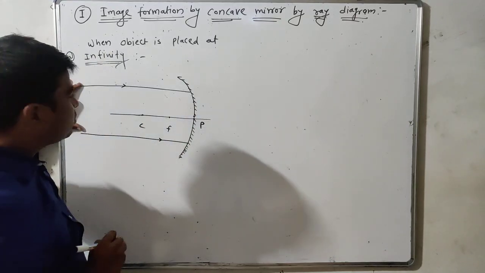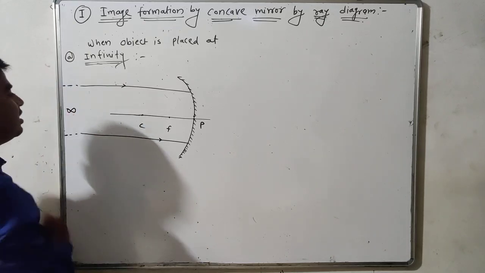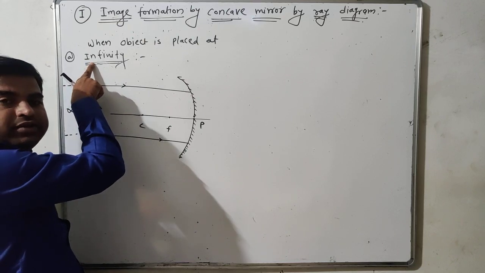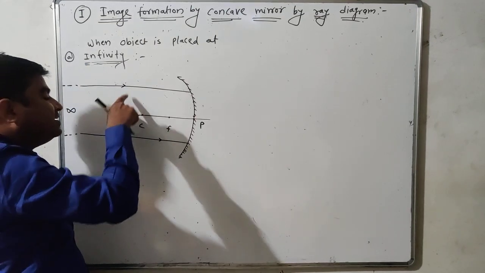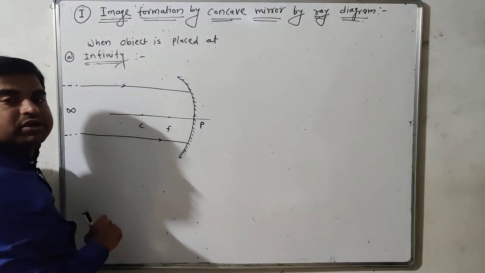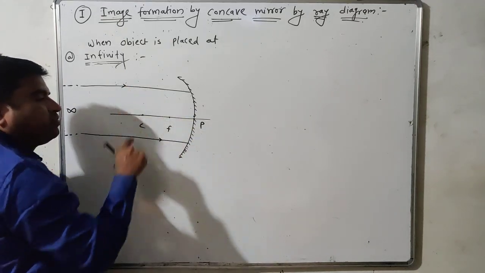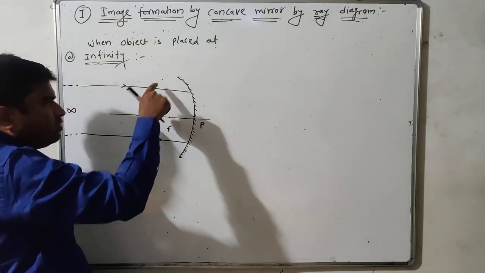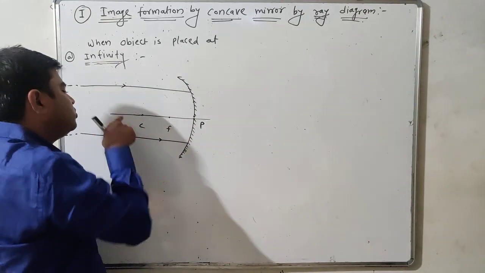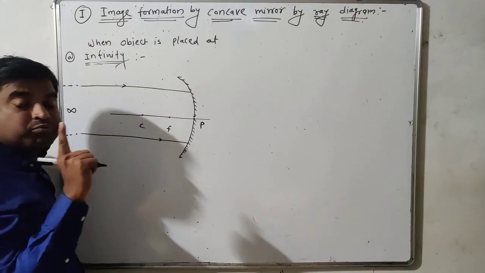So these two rays are emitted by that object which is located at infinity, so that these rays travel an infinite distance to reach this concave spherical mirror, so that they are parallel to each other. And now we also observe here that these two rays are also parallel to what? Principal axis, and these two rays are emitted by the same point object.